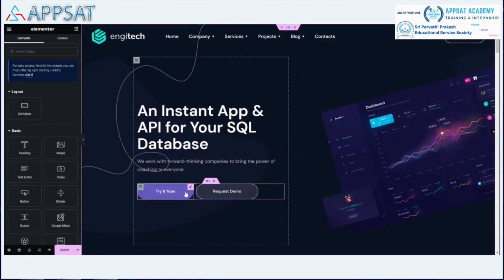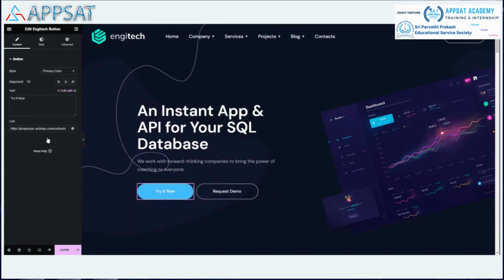So buttons, if you want to have anything, you need to give the link here. So here, try now. In this, we will have the link to the main website appsat.in. And if I click update, now if I go to the view preview,